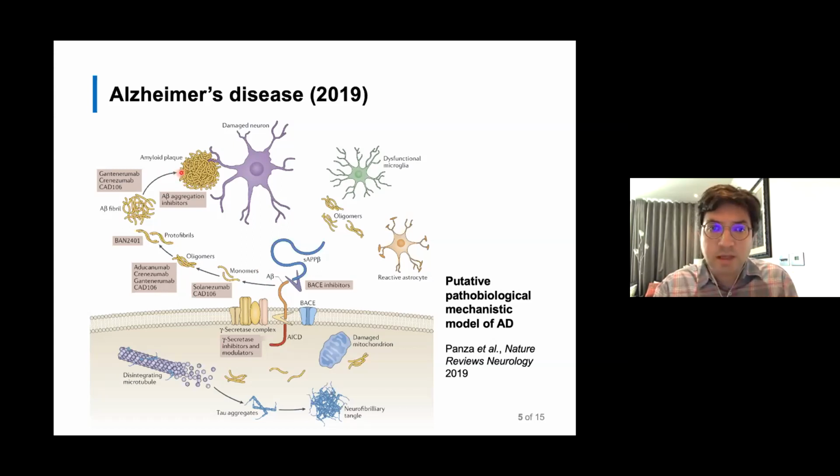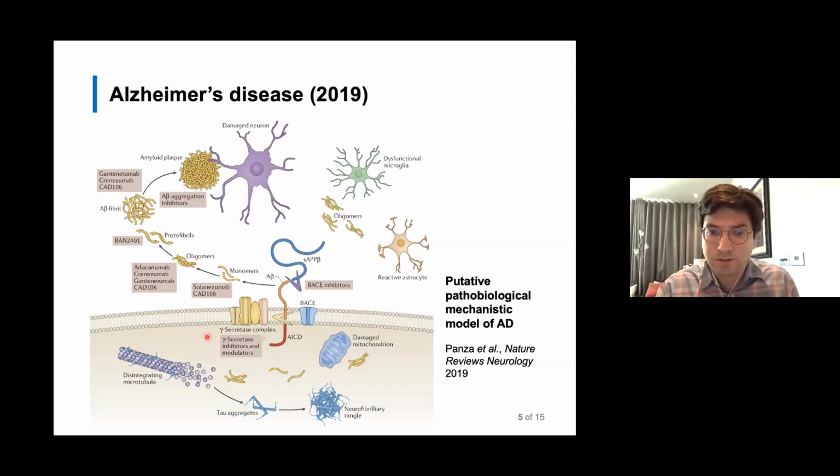In the past, the amyloid plaques were considered to be the toxic species. At the moment, the thinking is more that the oligomers might be the toxic form of the A-beta peptide. But the point is that outside neurons, we have the accumulation of these amyloid plaques, and these lead to neuronal death, various other downstream effects as well.